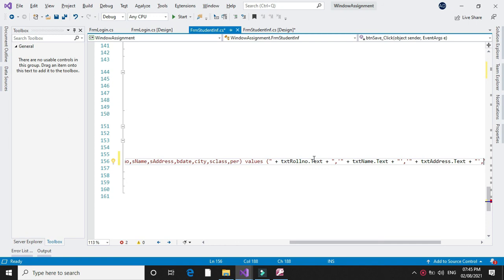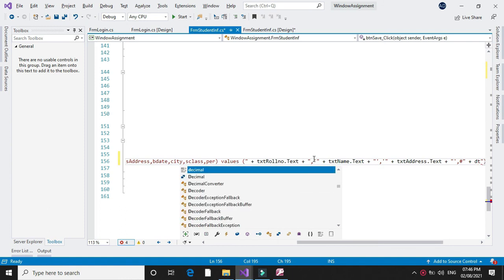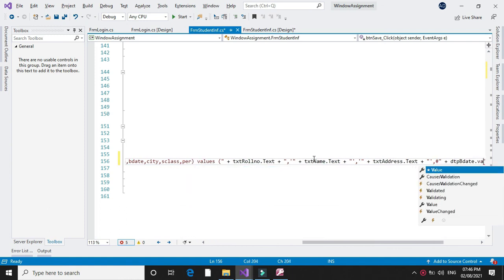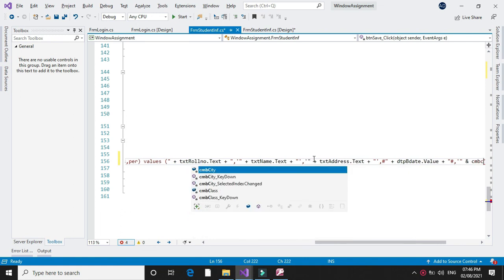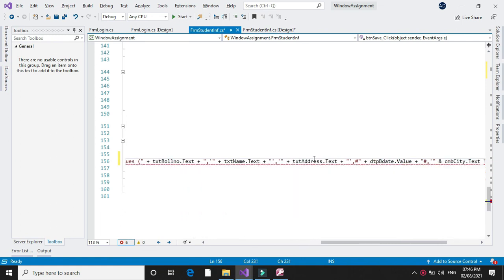Birth date data type is a date, so we give hash, then double quote plus dtpBDate.Value plus double quote hash, then we will provide city, which is also a string, so single quote double quote cmbCity.Text, then plus again double quote single quote.